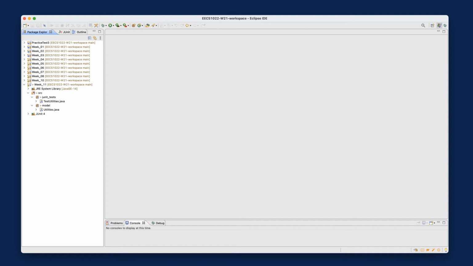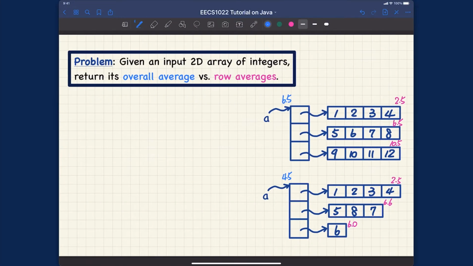Let's now solve the second problem. Let's go over the specification of the problem first, and then you can try it yourself before you see me going over the solution. So the problem is, given a 2D array of integers, we want to return, so two methods. The first method is going to return the overall average, and the second one is going to return row